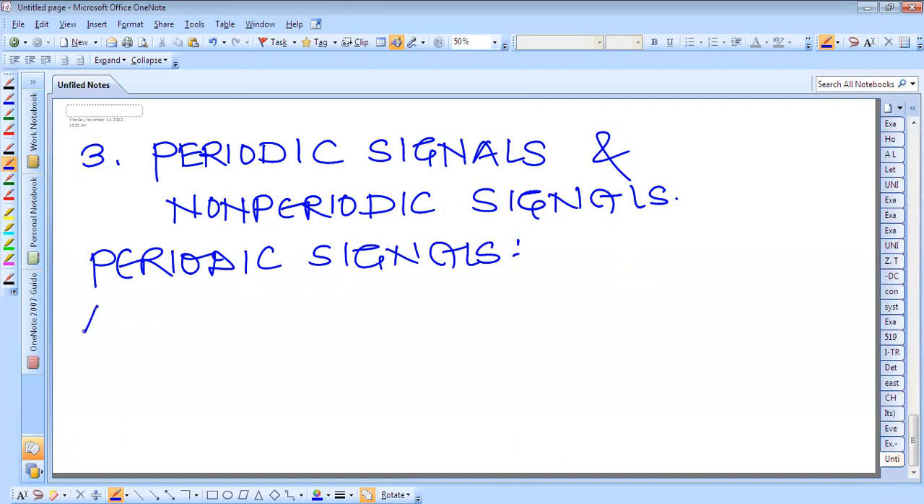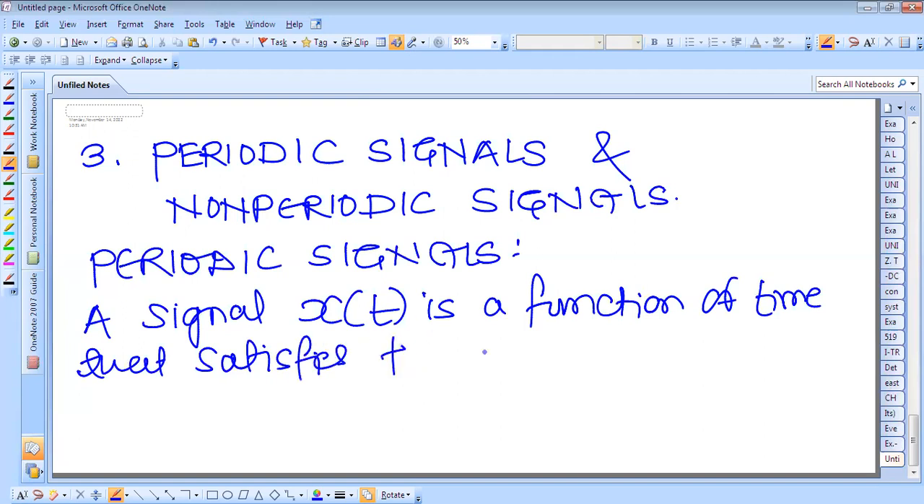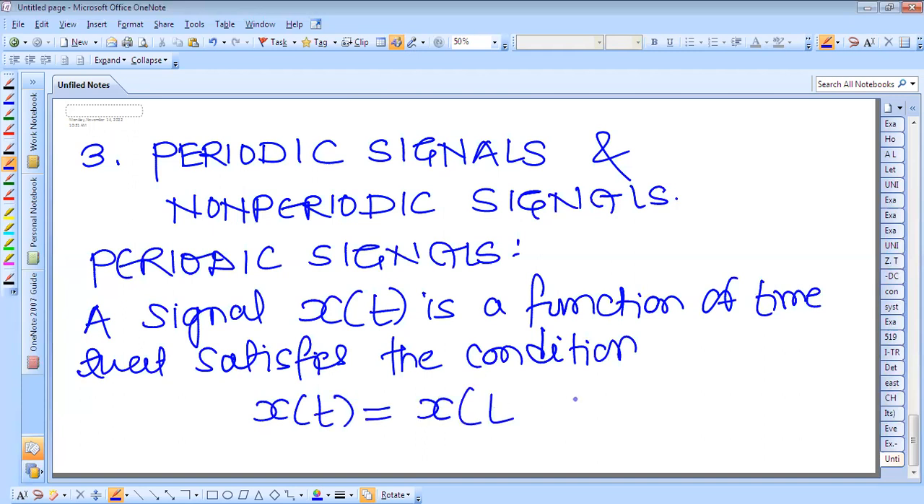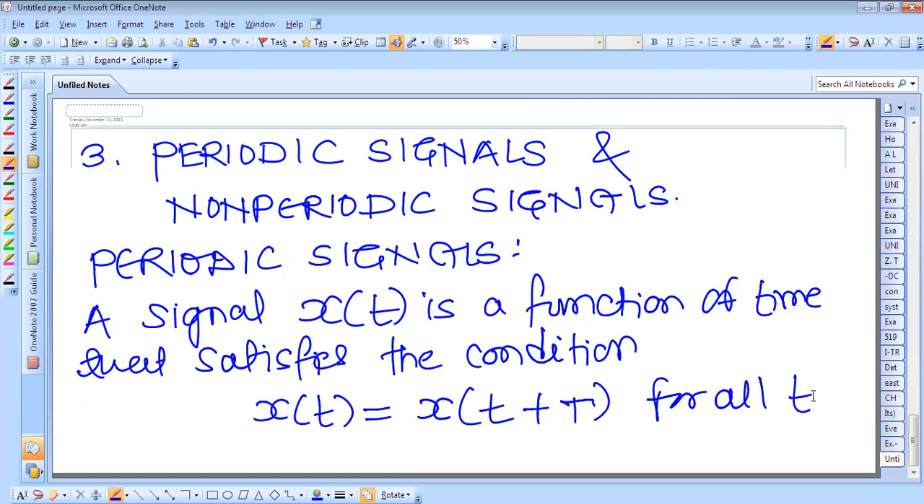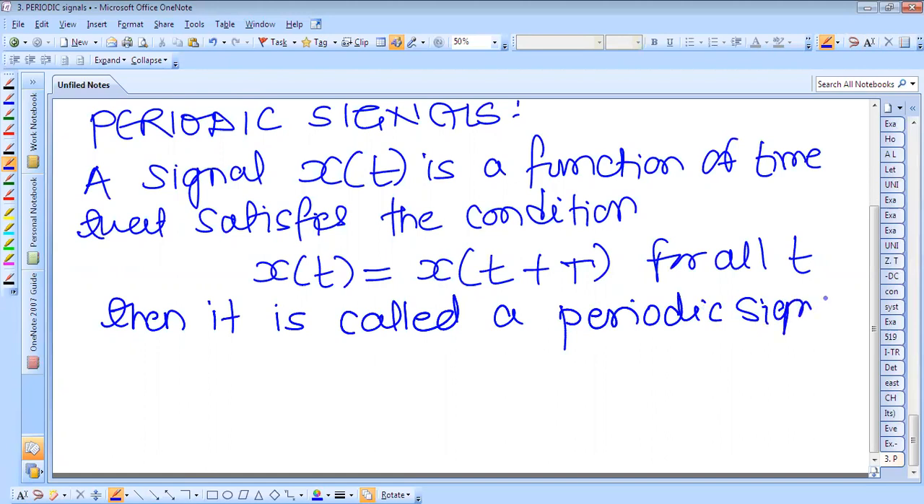A periodic signal x of t is a function of time that satisfies the condition x of t is equal to x of t plus capital T for all t, then that signal is called a periodic signal. And where this T is a positive constant,